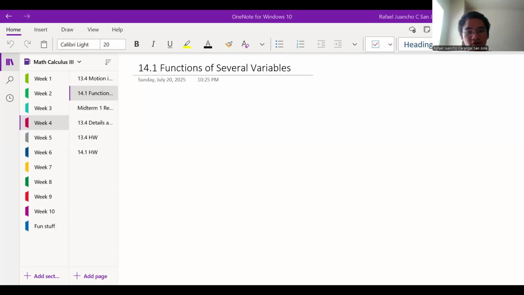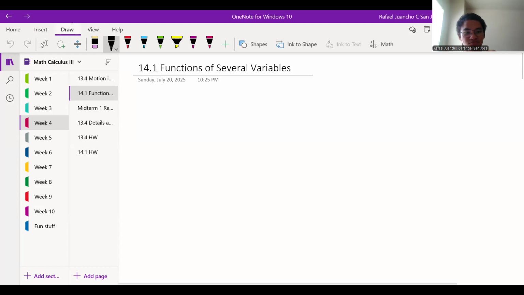So today we're going to be talking about functions, but this time we'll have multiple variables instead of just a single variable. So we're actually going to be studying these types of functions with two or more variables from four different points of view, right? So first we're going to do this verbally, so in English, numerically,